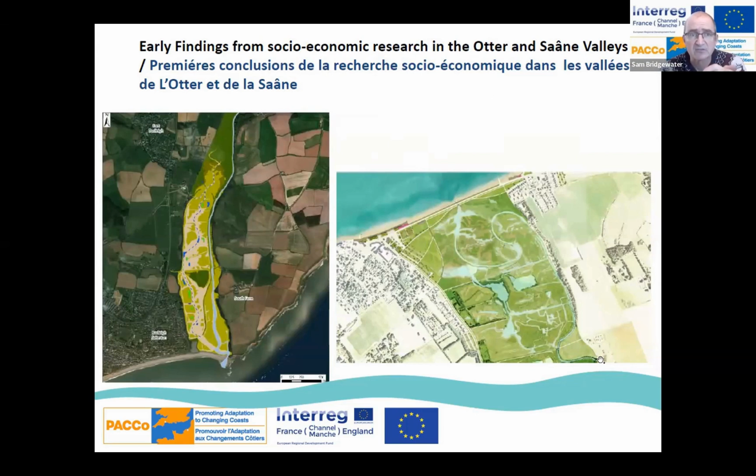My task, I guess, in the next 15 minutes is to set the scene for the speakers that follow. I'd just like to outline the projects that we are delivering at the moment in the Saâne and the Otter Valleys. Now, the actual delivery of these schemes is really important, and you'll get some insights into what's happening on the ground. But equally important is the kind of learning that we hope these projects are generating, that we hope will help other coastal communities look at the issues that challenge them, and hopefully assist them to find